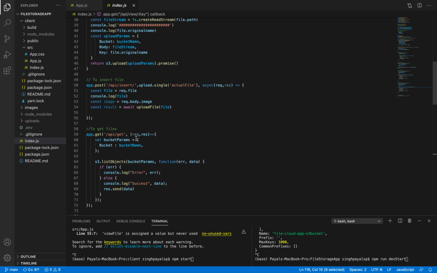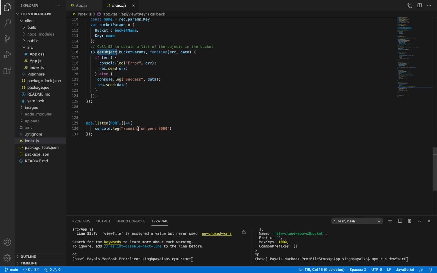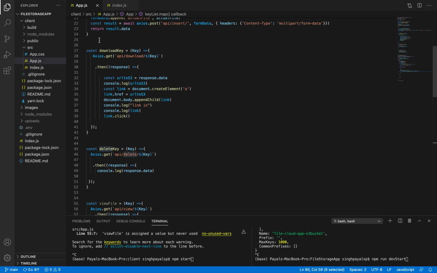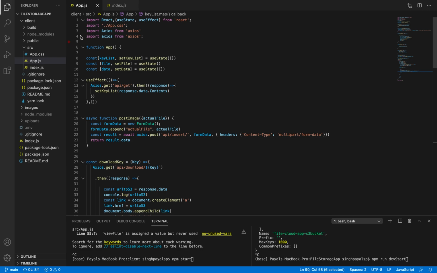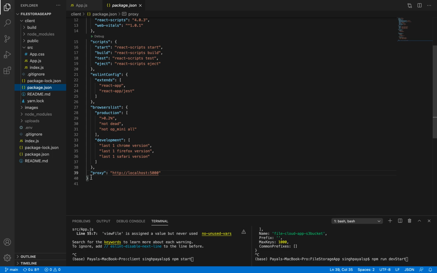One more thing, I am running the port on 5000. And one thing I want to discuss is the package.json of the client. So let me go there. In package.json of the client, I have used a proxy.